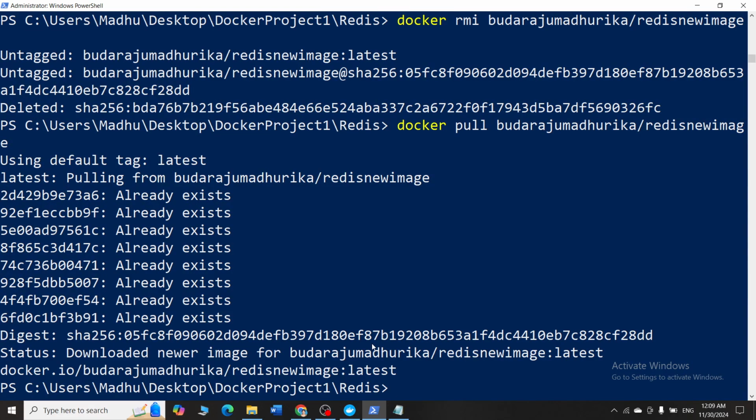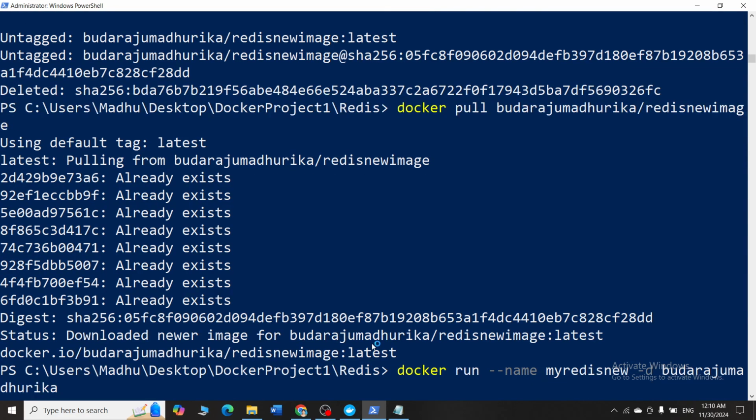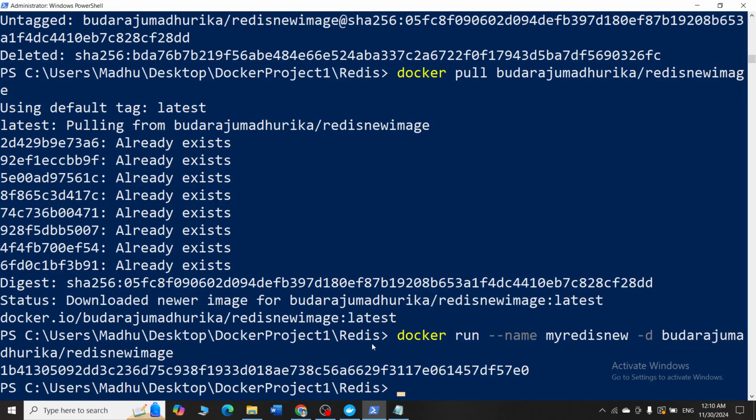Okay, now you can even run it as a container also. You can say docker run, give a name with --name, suppose my-redis-new, and you can say -d. The image name is /Redis new image. So I'm running it as a container.